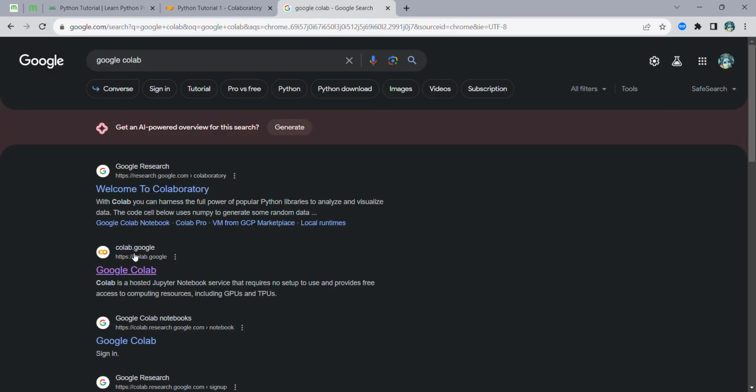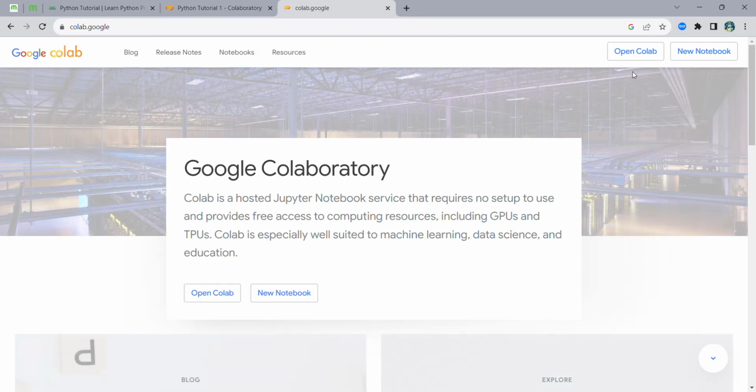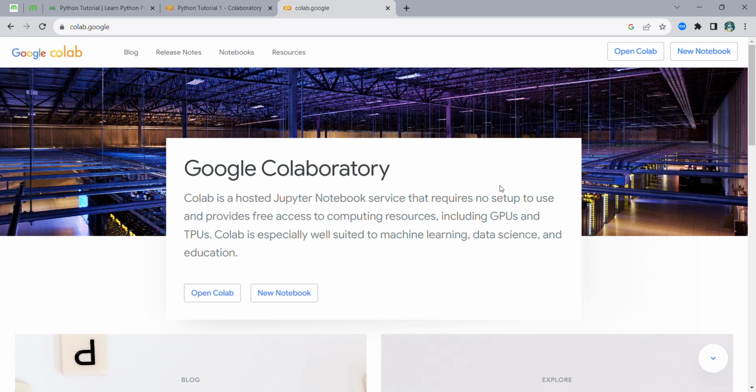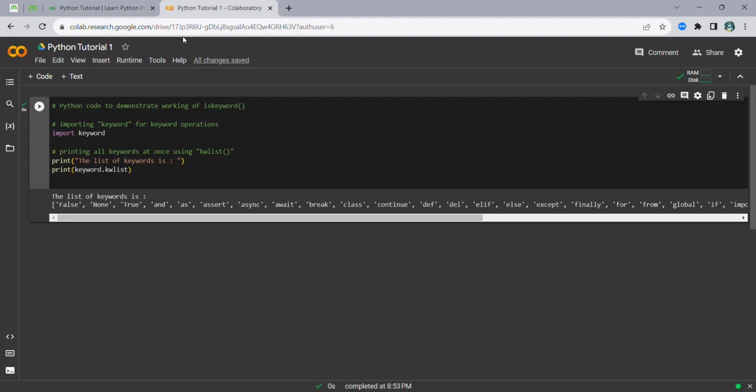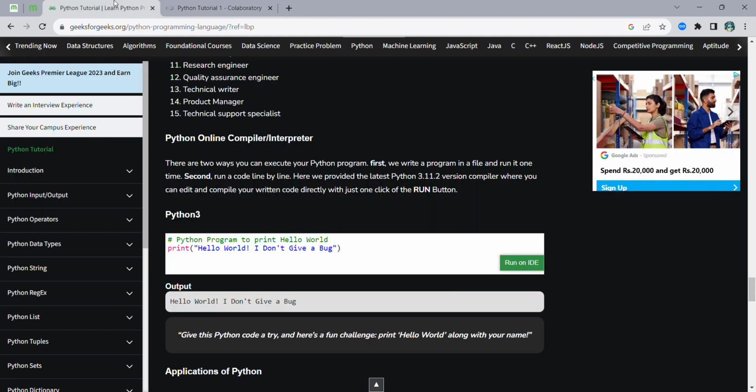After that, you will move ahead with Google Colab here, and then you can have your option. You can make your new notebook and start your journey with Python programming on the online interpreter of Google, where your system will not have any kind of issue, right? Your RAM would not be used, and your memory would not be utilized by heavy programming, right? So this is how you can make your Google Colaboratory. And just remove this code. I will let you know why this code was written over here, right?